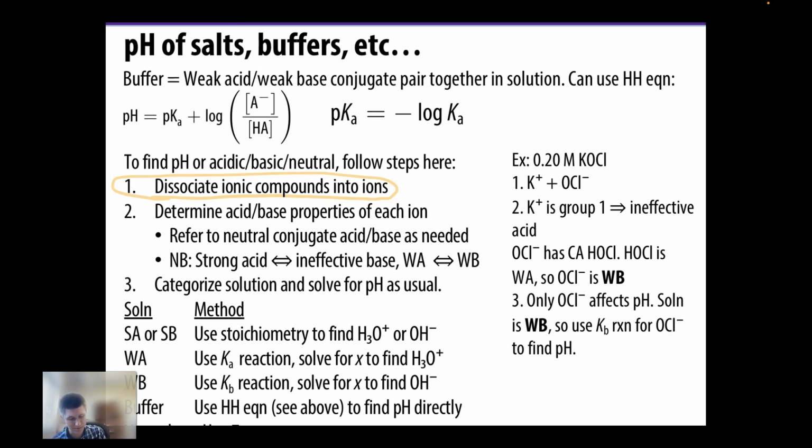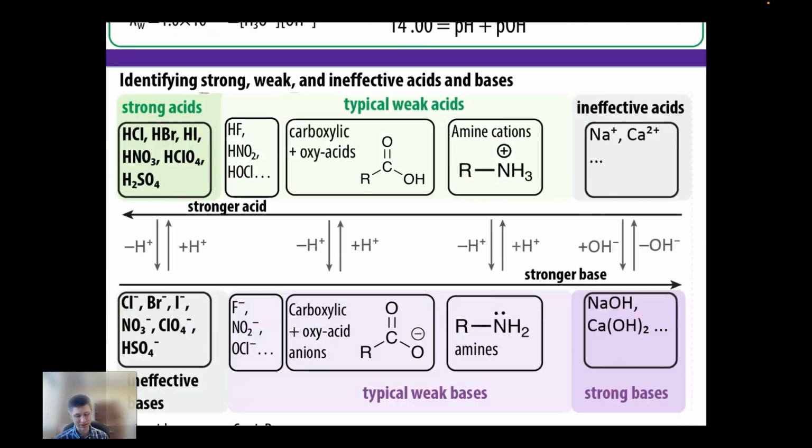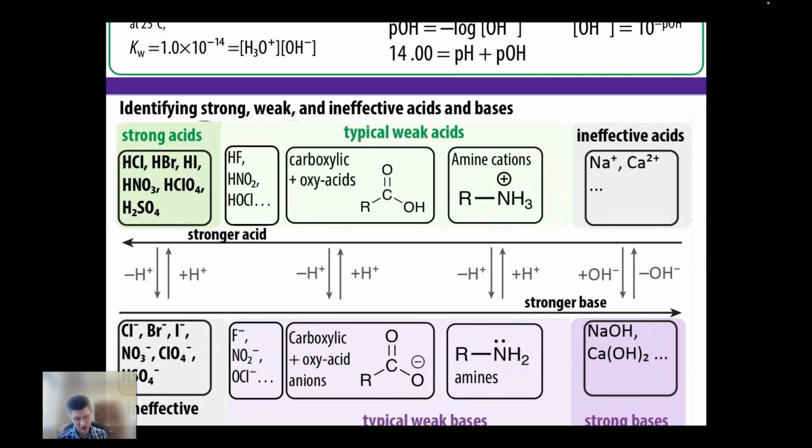You also have your polyatomic ions from this class that you need to memorize. That's on the D12 page. This all comes into play here. Then we look at the acid-base properties of each ion, and we always can refer to the neutral conjugate acid-base as needed, remembering that the conjugate of a strong acid is an ineffective base, but weak acids and weak bases are conjugate partners to each other. So again, weak acids and weak bases, as shown in our table here, are conjugate to each other,